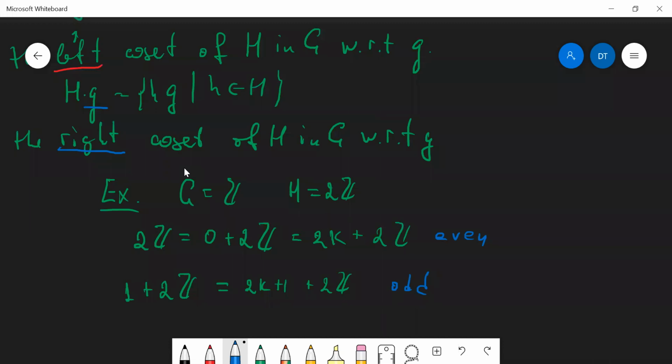What is a set? A set is a bag of elements. So a subset is somehow a bag of elements which is smaller, which lies inside the first bag. But then